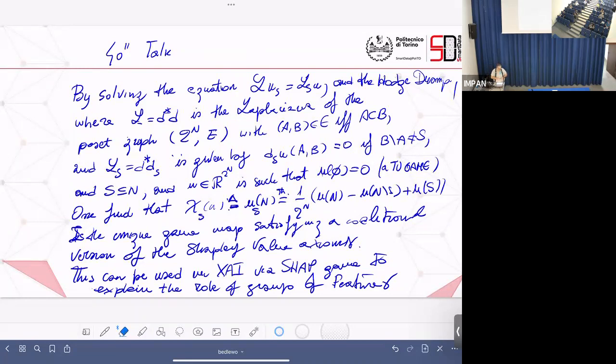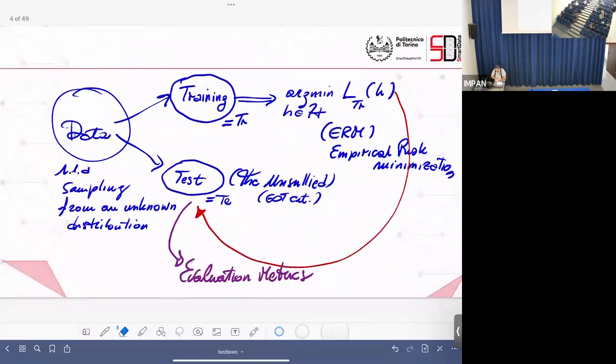And practically, the purpose of this is to find a system to evaluate the contribution of groups of features in machine learning, instead of finding information about the single feature, which is what Shapley is doing in explainable machine learning. So now let's go more seriously to a very, very quick introduction to the problematic of explainable machine learning, but actually in this case, not explainable AI, but explainable machine learning.